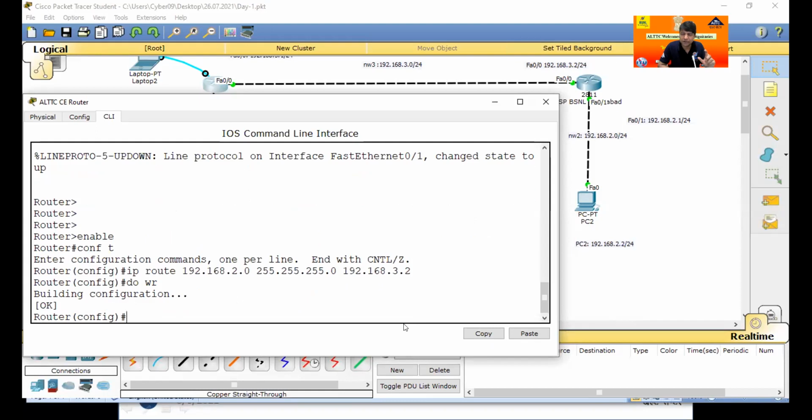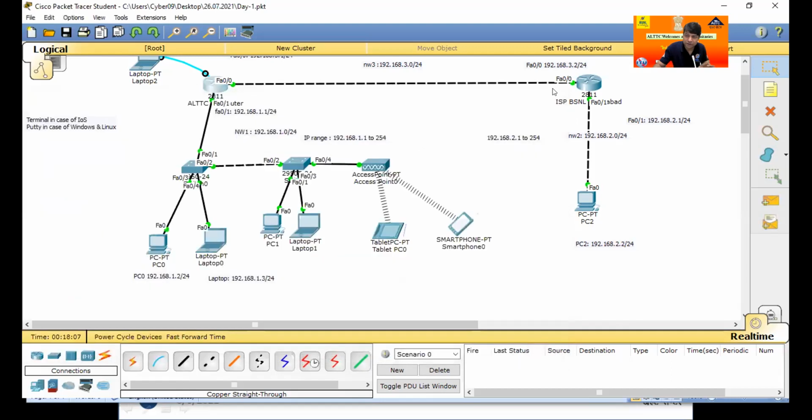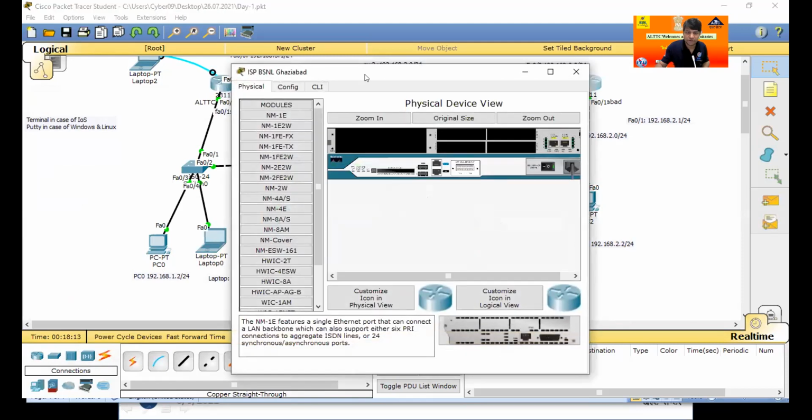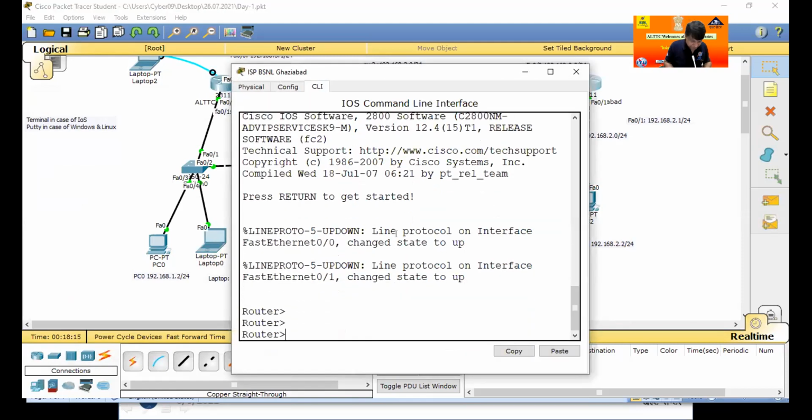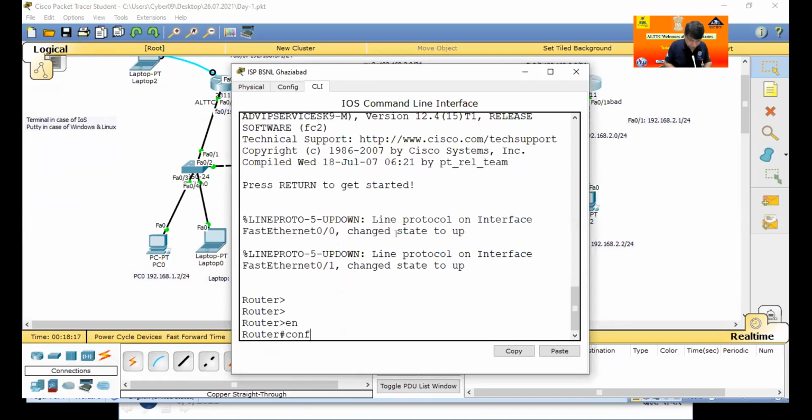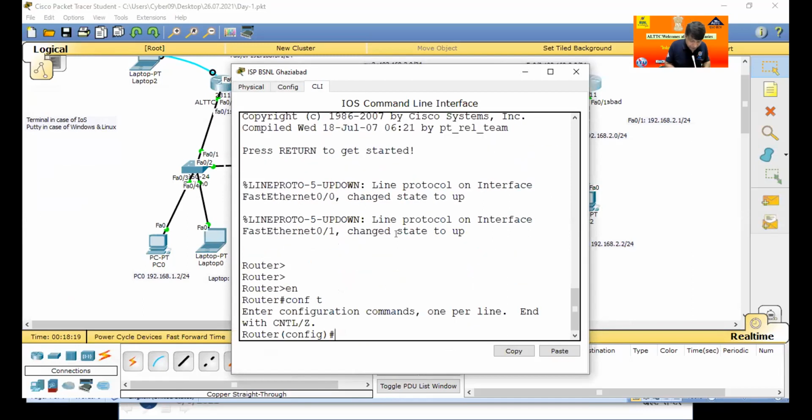A very simple command: from our own network I instruct toward the other side network, and the same for this router. Go to 1.0 by this port. Click on this router. Go to the CLI. Enable, conf. IP route, this is the command.